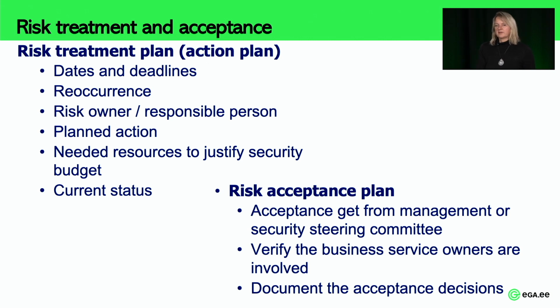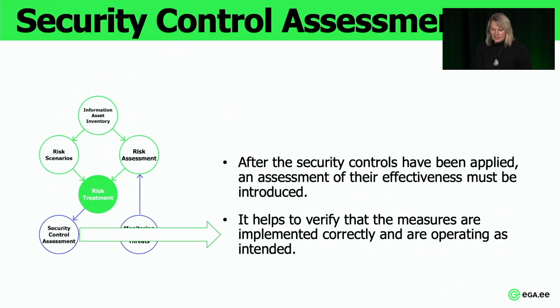And as I said, some risks can be accepted. Then the decision should also be clear for everybody: management approves that this risk will not be treated, so everybody else in the organization knows that this is a risk we decided to accept. So this is one way to manage the risks, whether you treat them or accept them. And for treating the risks, you have to find appropriate security controls.